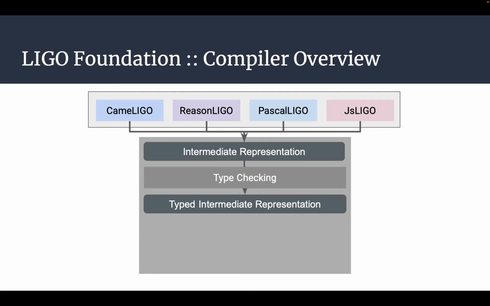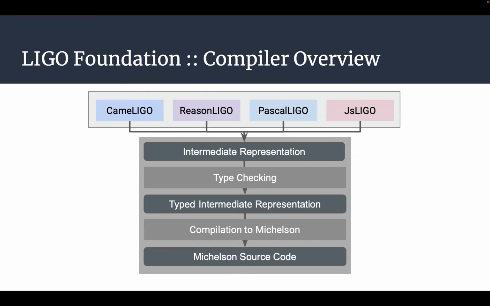This is a really high level, coarse grain overview, because we have different layers, but I just mentioned the most important one. So the type checker, of course, type checks the intermediate representation. So if you use an integer when you are waiting for a string, as you can see, the code is rejected during the compilation. So this is the responsibility of the type checker. Once type checking has been done, we have what we call the typed intermediate representation.